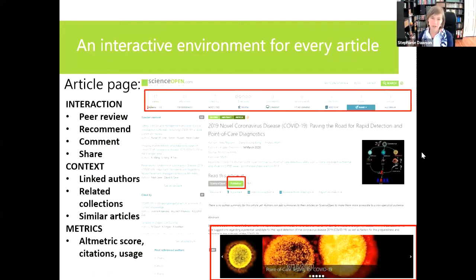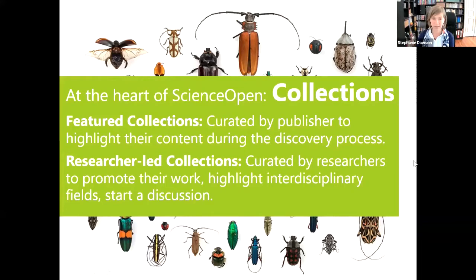We really tried to create for every single article on the page an interactive environment that shows the statistics bar across the top, where you can also recommend, comment on, review, or share the work. And we also show at the bottom a banner for related collections,